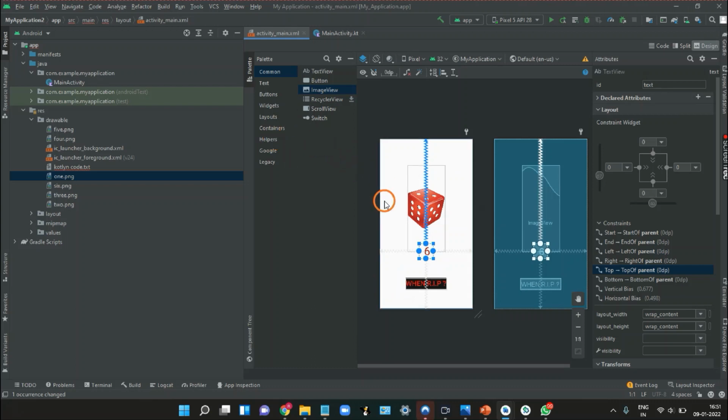Now what we will do is that we have to place two more text views, one here and one here, and one zombie image here. Okay, so let's do that.